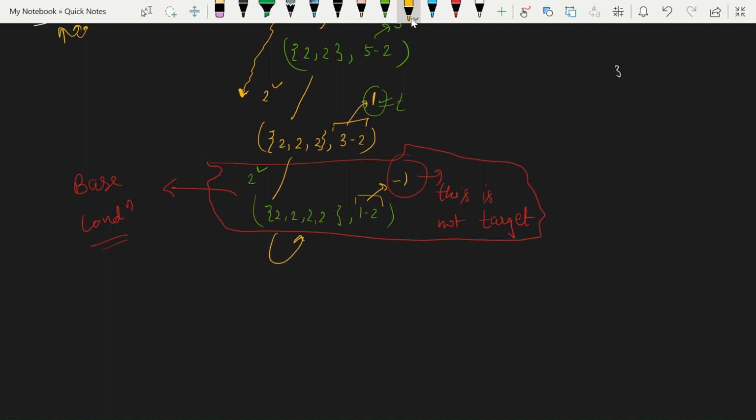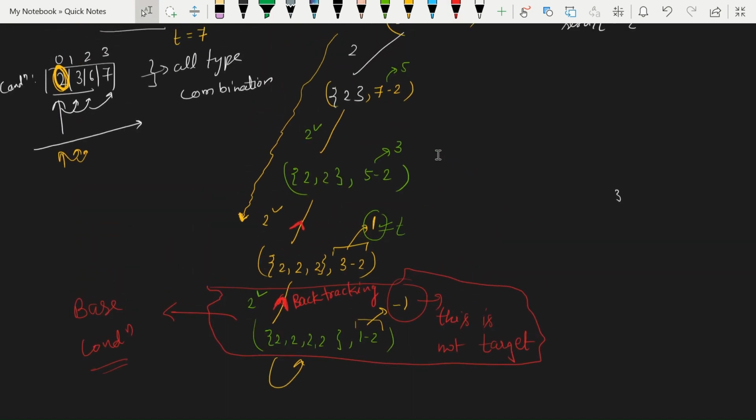So here you will be returning the call at this position. You will not be calling anything now. So the call will return back. Actually, you are backtracking here, and you are returning back to search for the actual target. While backtracking, you need to keep in mind that as you backtrack,